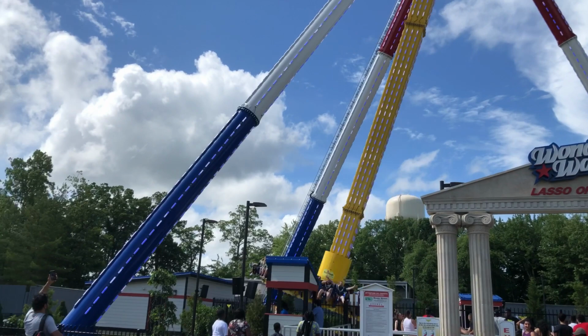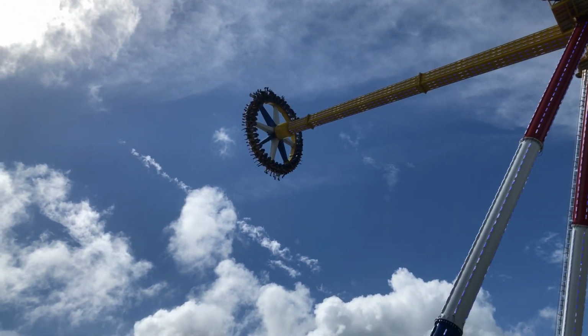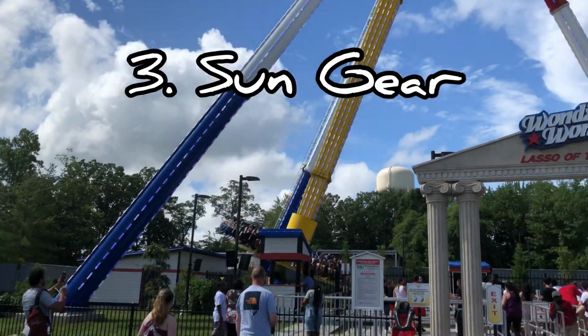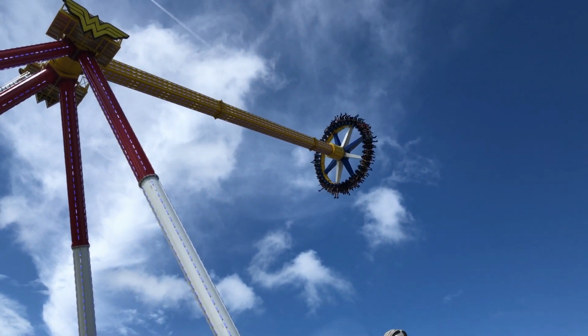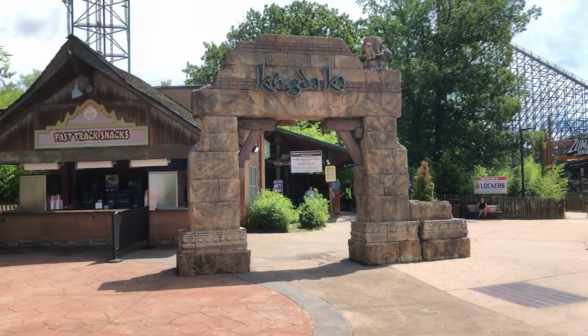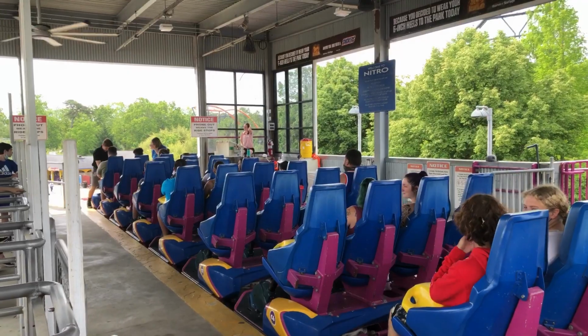The third thing that's always on my packing list, literally from March until October, is sun gear. Hats, sunscreen, sunglasses, cooling rags, whatever you need to survive direct sunlight, which there is a ton of at Six Flags Great Adventure, make sure to bring it with you. Maybe your situation is different, but I know that I'll be in pain by 3 o'clock if I don't protect